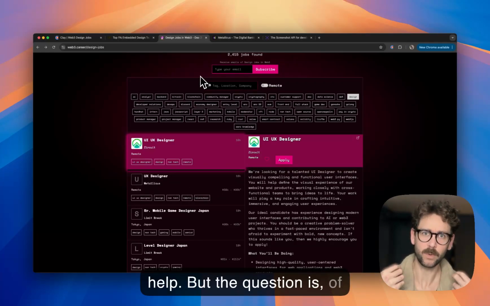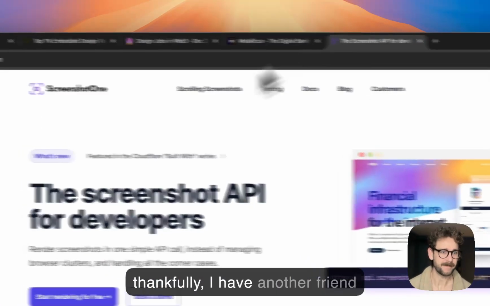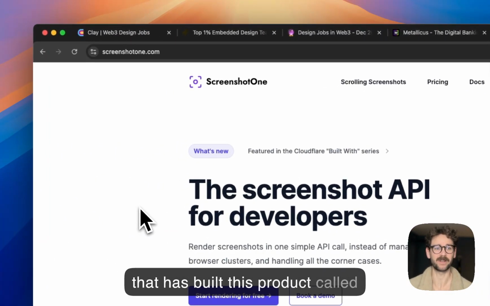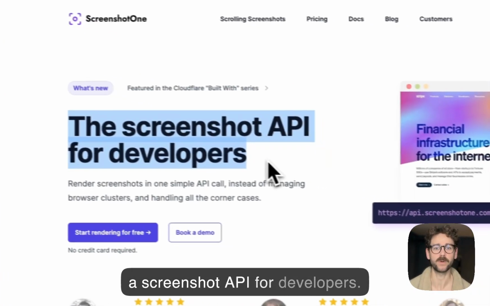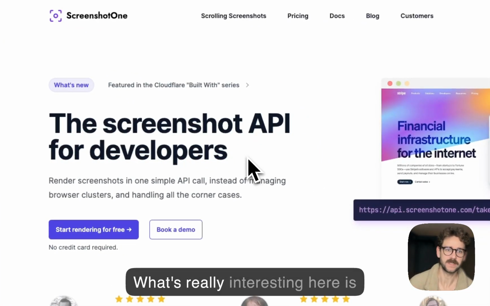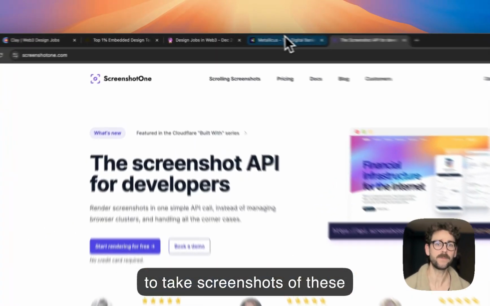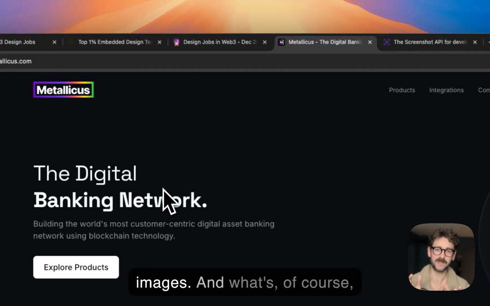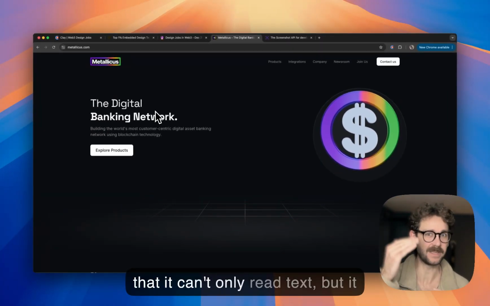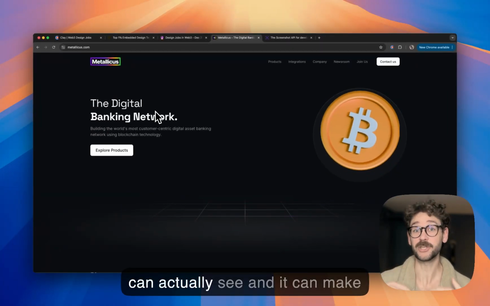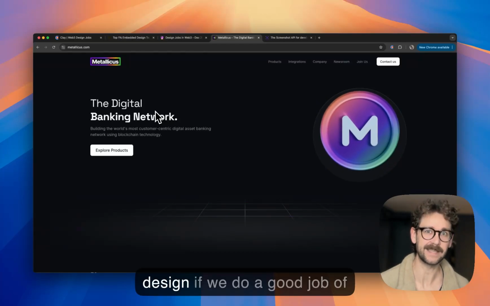But the question is, of course, can we help Tim automate this somehow? Thankfully, I have another friend that has built this product called Screenshot One, and it's basically a screenshot API for developers. What's really interesting here is that we can use this API to take screenshots of these websites and store them as images. And what's really cool about AI nowadays is that it can't only read text, but it can actually see, and it can make a judgment of how good this design is,